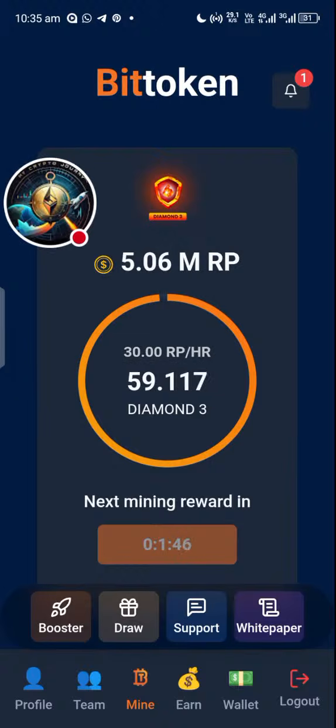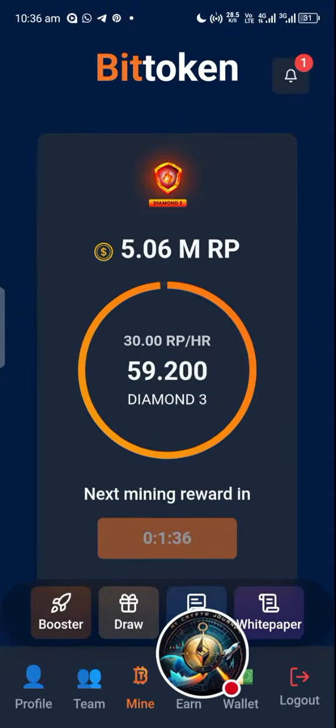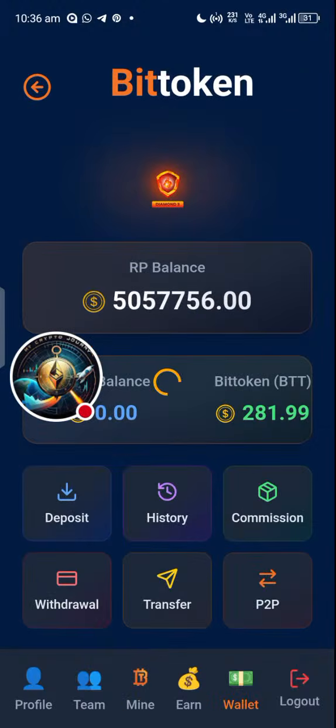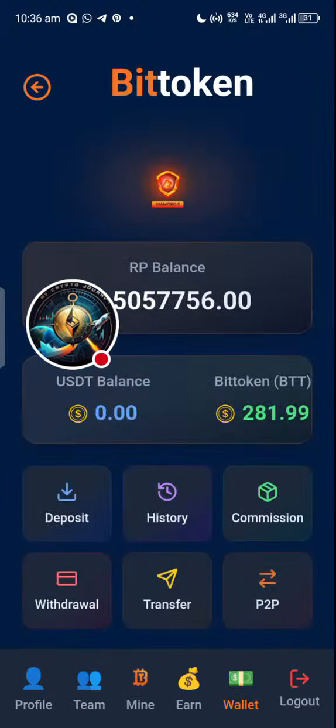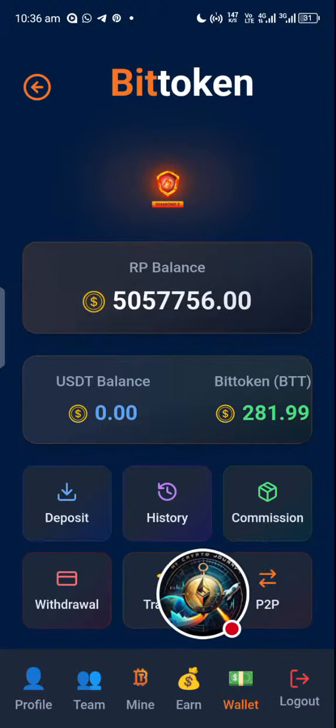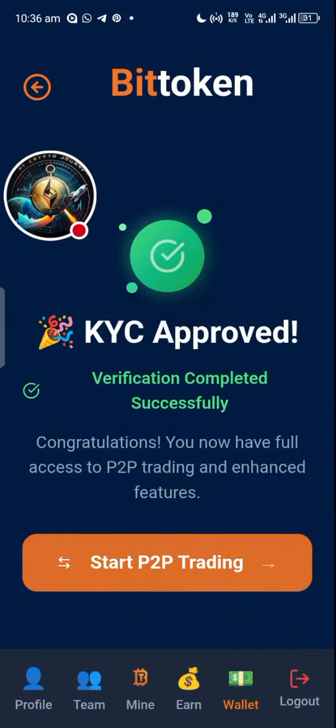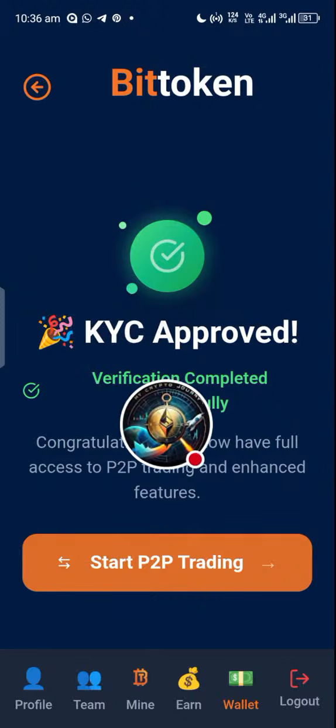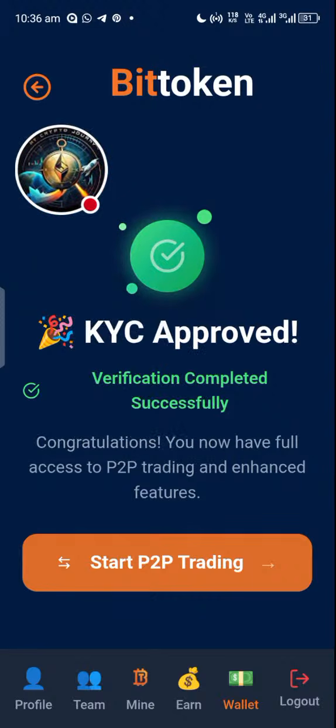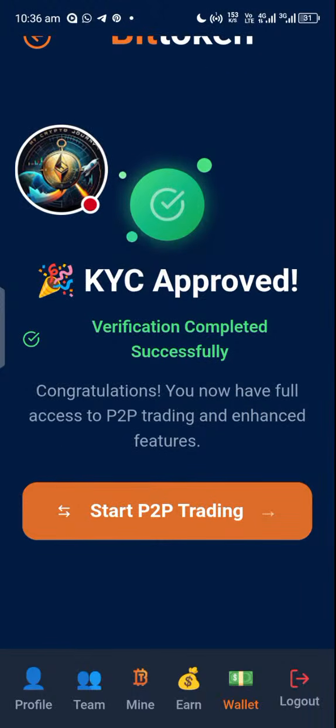Now, first of all, before you can carry out P2P, you need to do your KYC. Let's say, for example, you click on the wallet here. When you come over to wallet, you see you need to do your KYC. You click on P2P to be able to do your KYC. You can see my KYC has been approved. And to do your KYC, there is a requirement where you need to pay $1,